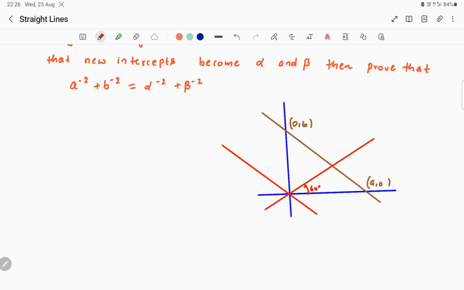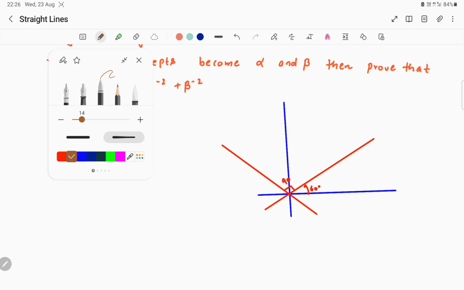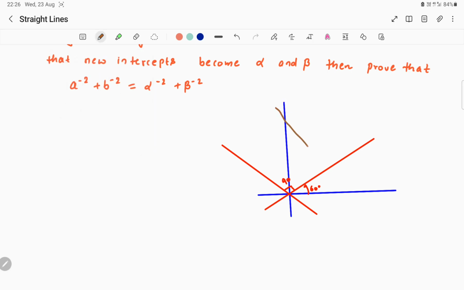So this is going to be what? 90 degree. Now you should not assume like this and this is parallel. Nothing of that sort. So just to avoid that confusion, I will change the inclination of this line so that you don't pre-assume anything else. Okay. So we have this is going to be A comma 0 and this is going to be 0 comma